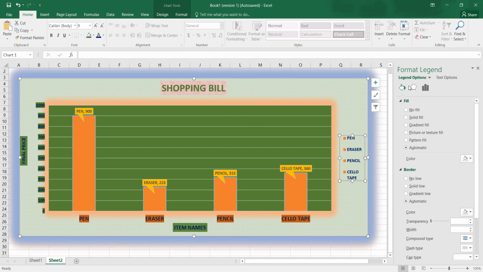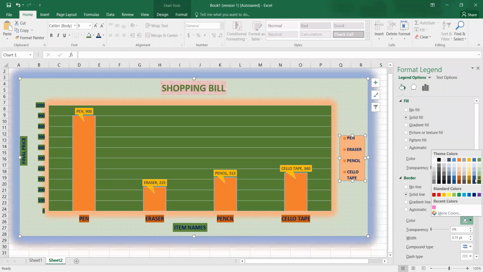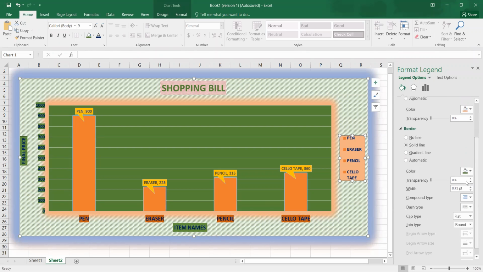Clear? Now inside the legends, I am giving the solid fill again. Then you can give the border to the legend area, solid line, and border I am giving with the help of green line.